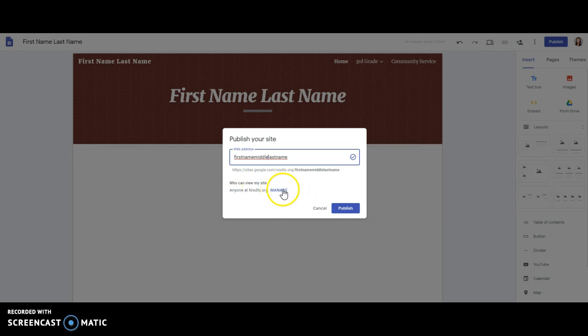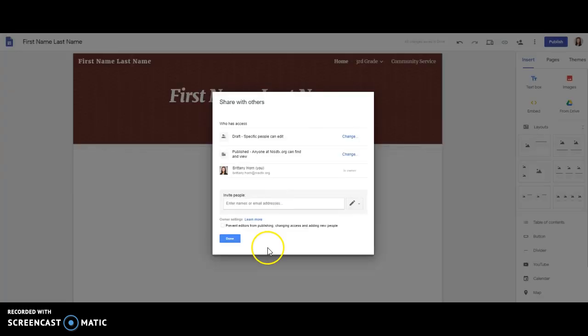but I want you to go ahead and look at some of the sharing settings here. Right now, this is anybody in Northwest can view the site. If I click on Manage, you'll see several other options. Generally speaking, most of our elementary students are going to stay, even middle school, as anybody in Northwest can find